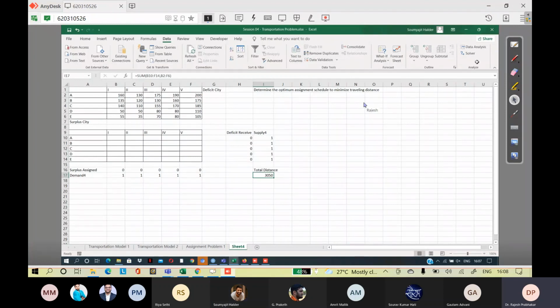Okay, go to your solver. Do you want to check the formulas, like everything? No. First go to solver. Open solver. Correct. So set the objective.